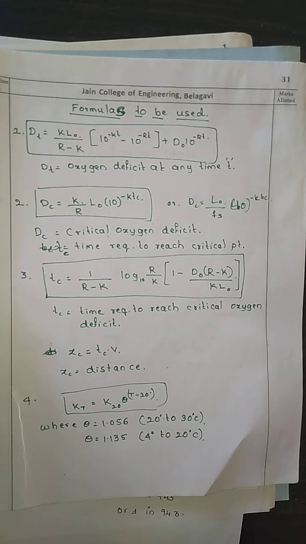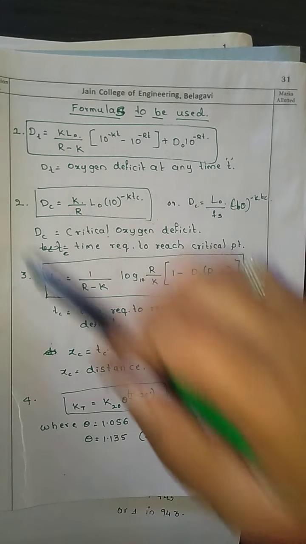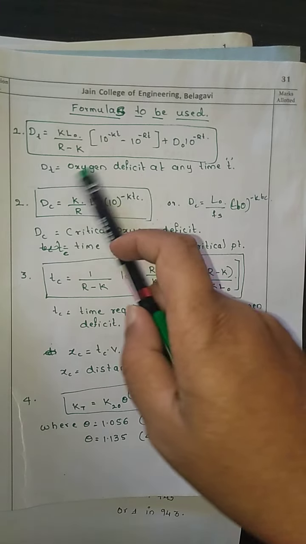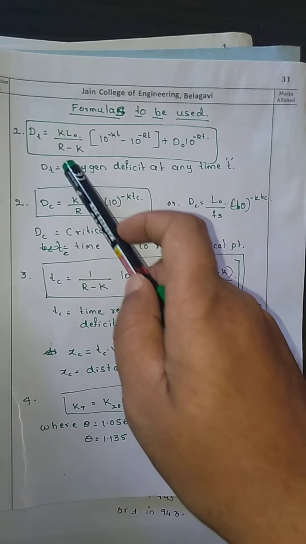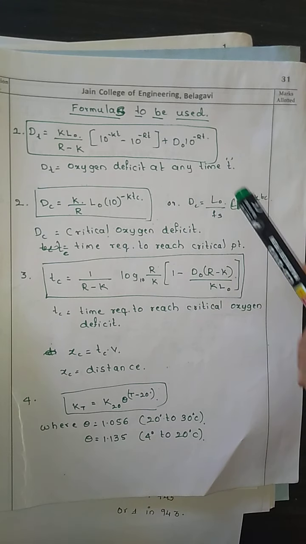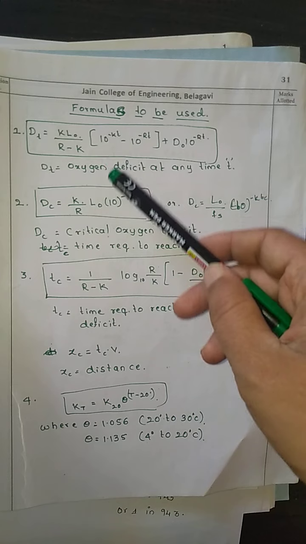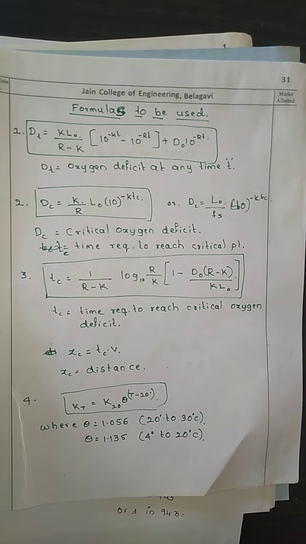Let us discuss directly the formulas that we are going to use in today's problems. The first formula is the oxygen deficit at any time. The oxygen deficit is the reduction in oxygen at any time t. The time t might be after 1 day, after 2 days, after 3 days. Whatever the time, the reduction in oxygen at that time we can calculate by using